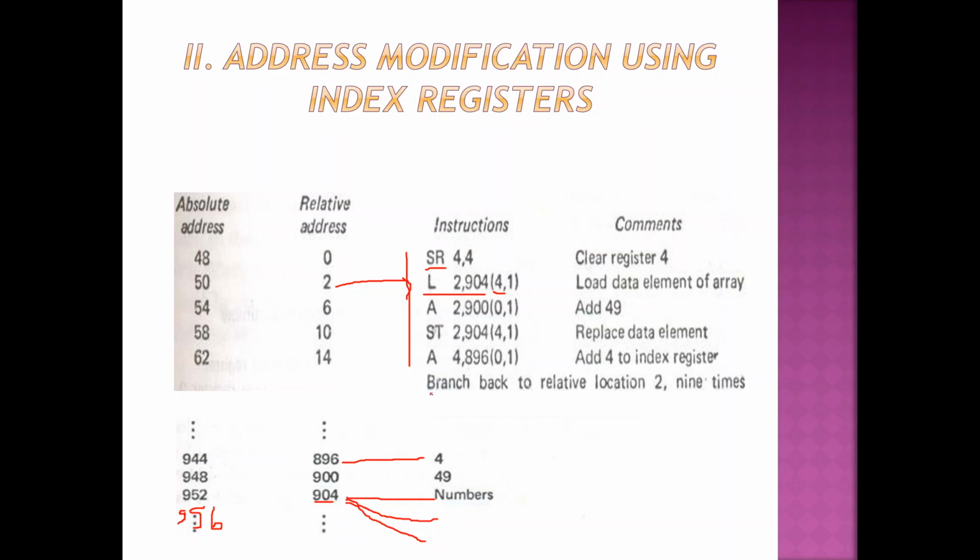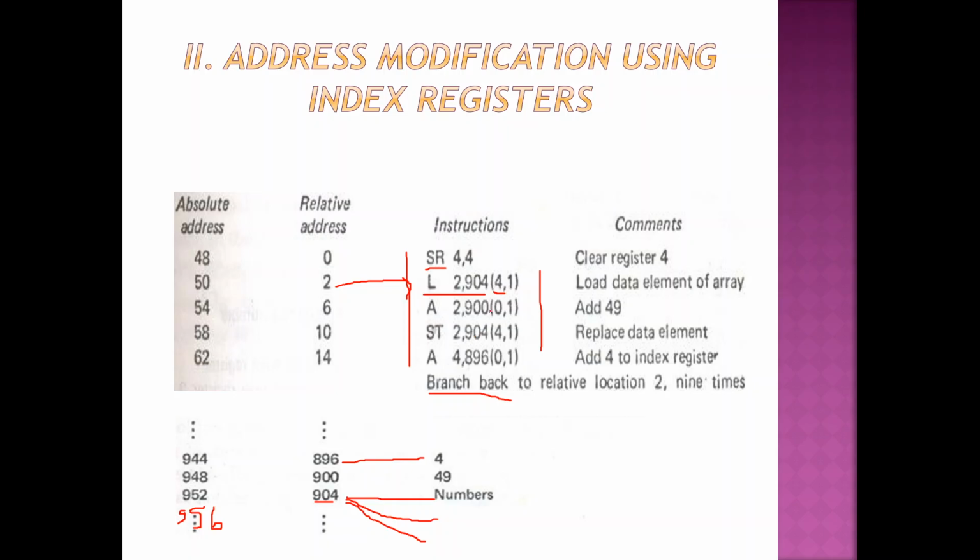So I'm going to use branching. That is the first improvement we did from the previous program: we are going to have a looping. So it's going to loop again and again. From line number 2 till line number 4, it is going to repeat 9 times. One time we have done here, the other 9 times it is going to do the repetition. That is the second point. Third point is, I load a number, I add that number with 49, and I store the sum in the same location.